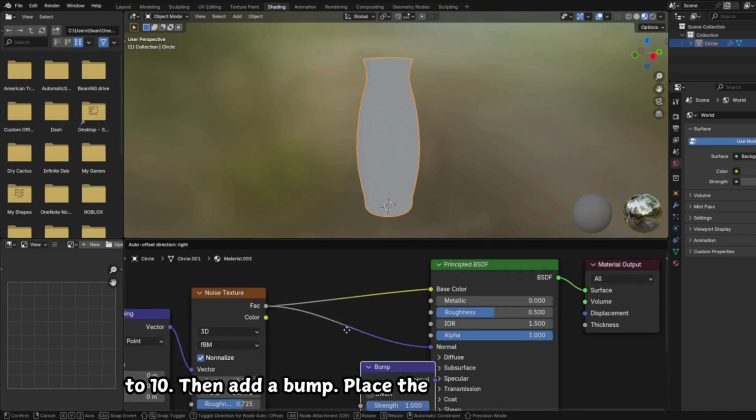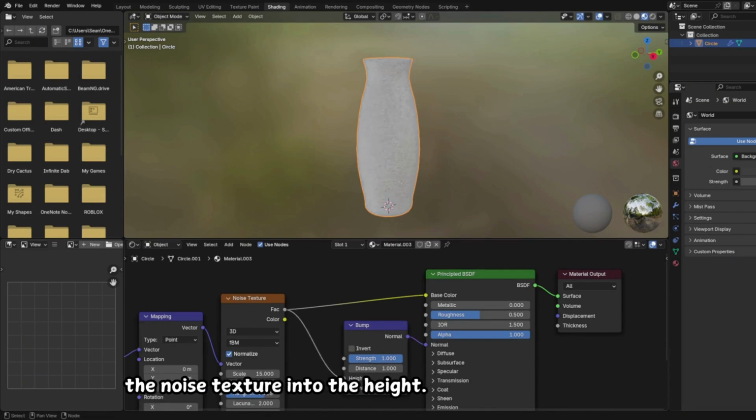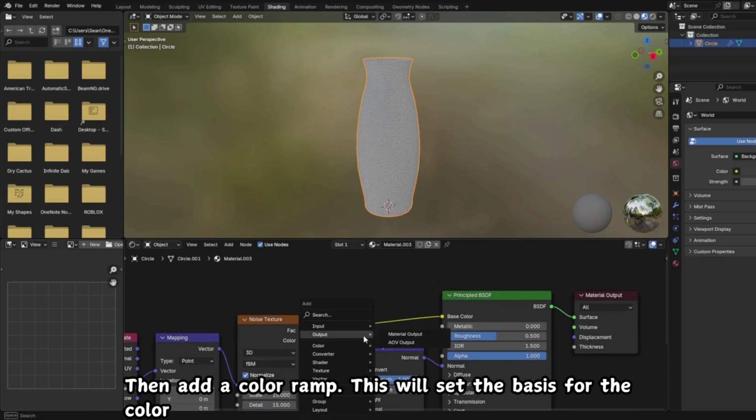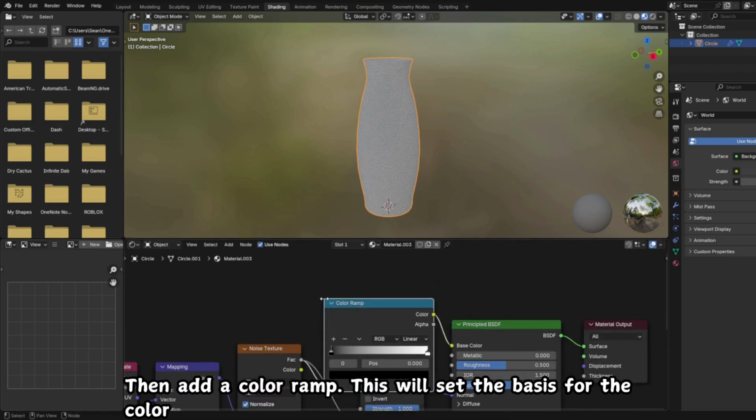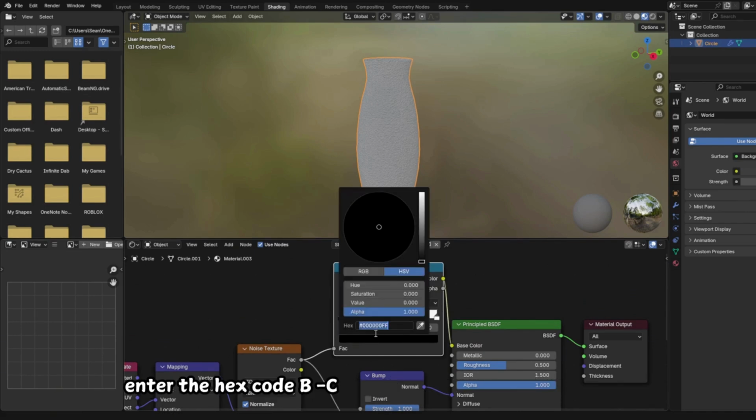Then add a bump. Place the bump node in between the noise and the normal, and plug the noise texture into the height. Then add a color ramp. This will set the basis for the color of the pot. Put it in between the noise texture and the base color. Then for the black color, enter the hex code